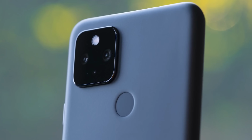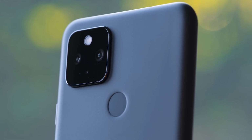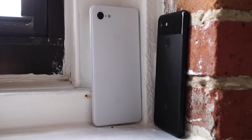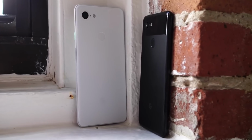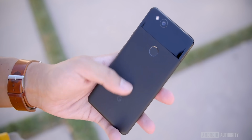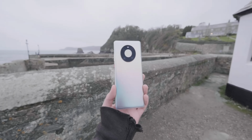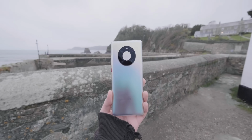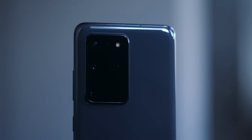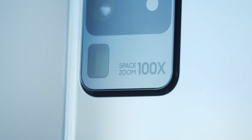The camera is the perfect example of Google's seeming disinterest in camera hardware. The Pixel 5 uses the same Sony IMX363 main camera sensor as the Pixel 3, a device that launched 2 years ago, and is only a slight upgrade from the IMX362 sensor that was found in the Pixel 2. This is such a stark contrast to the huge sensors that Sony, Huawei and Samsung have been creating recently, with more megapixels, but more importantly, larger photo sites, which allows for more light data and therefore improved dynamic range, sharpness